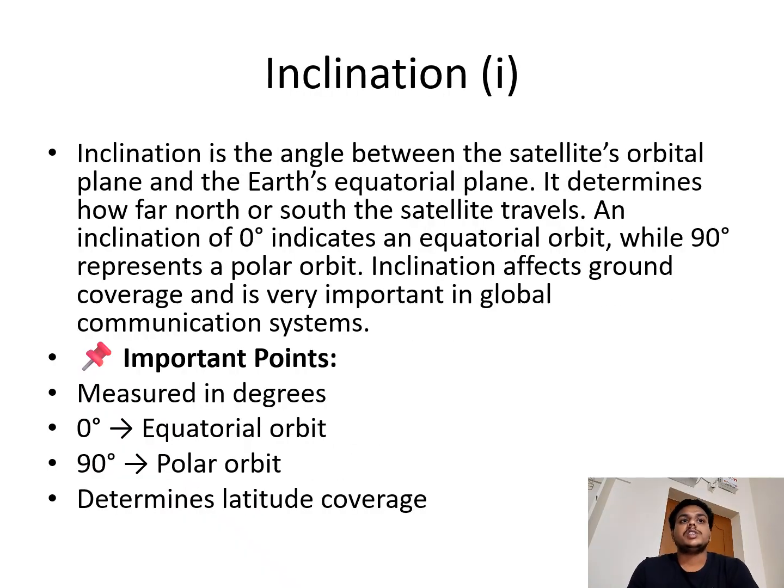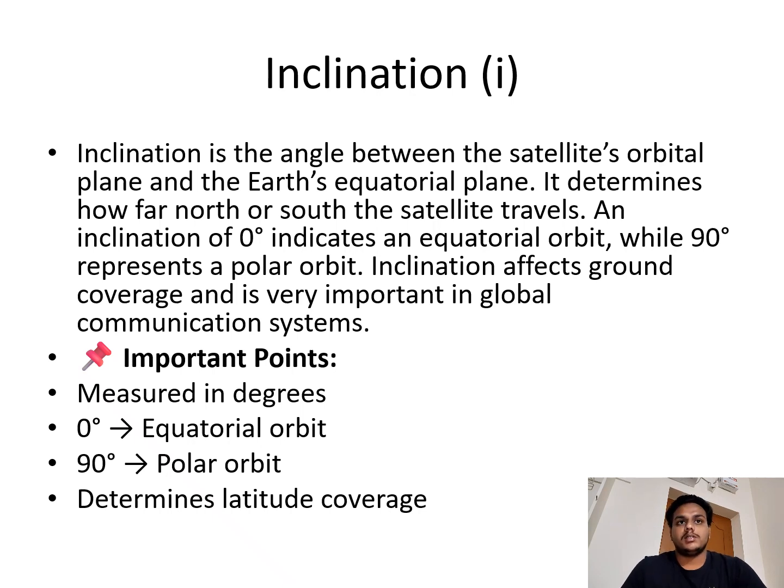Next, inclination. Inclination is the angle between the satellite's orbital plane and the Earth's equatorial plane. It determines how far north or south the satellite travels. An inclination of 0 indicates an equatorial orbit, while an inclination of 90 represents a polar orbit. Inclination affects the ground coverage and is very important in global communication systems. Important points in this: